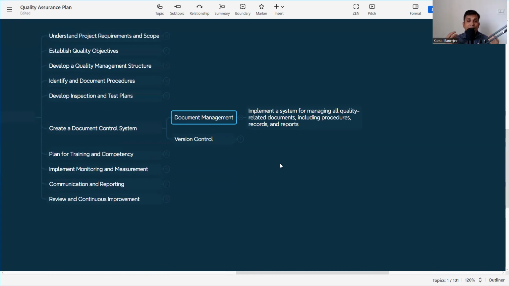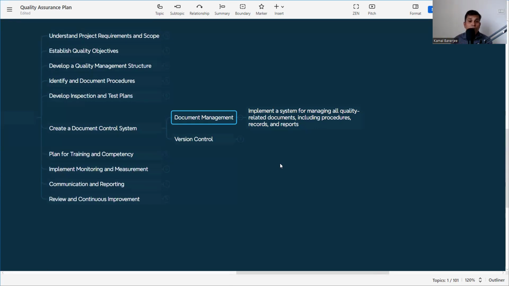That means whenever any document is coming, suppose we are raising a material inspection approval request, and now the material is approved, or we have raised a work inspection, or a method statement, and now it is approved. Now how it will be circulated through the proper channel to everyone, that document management system will define.